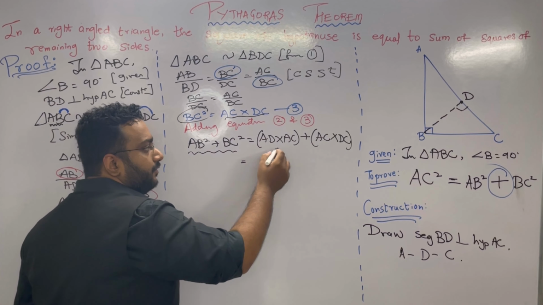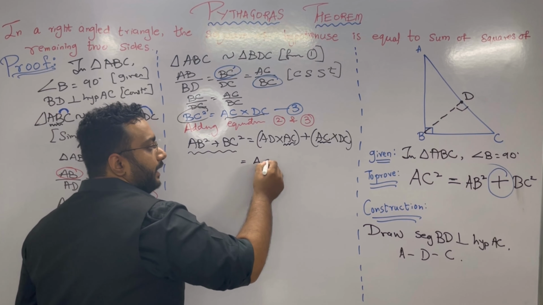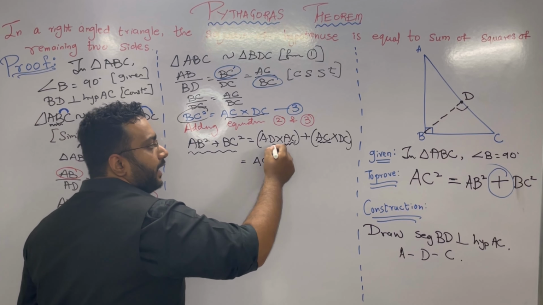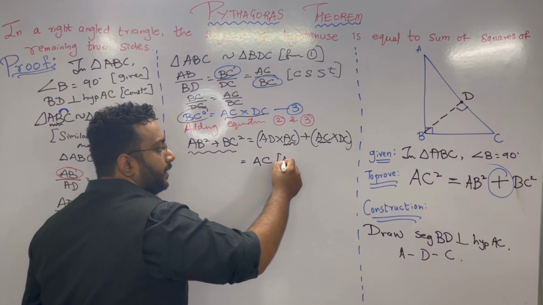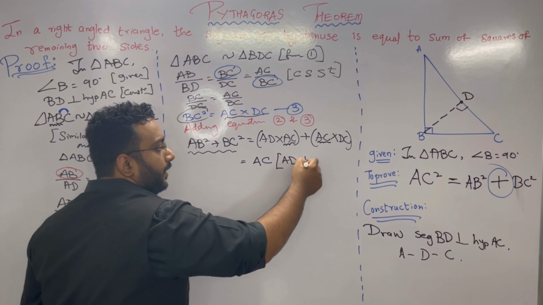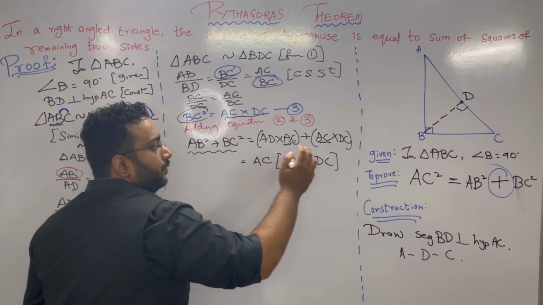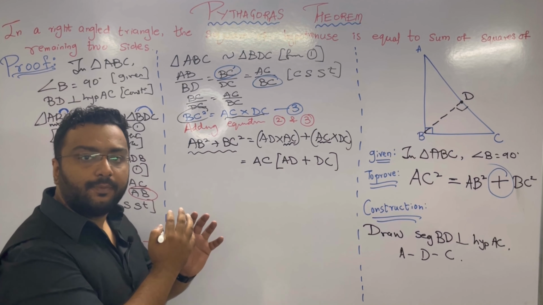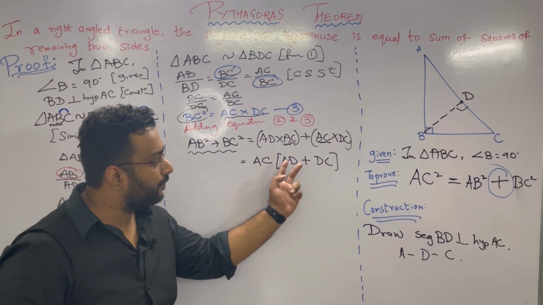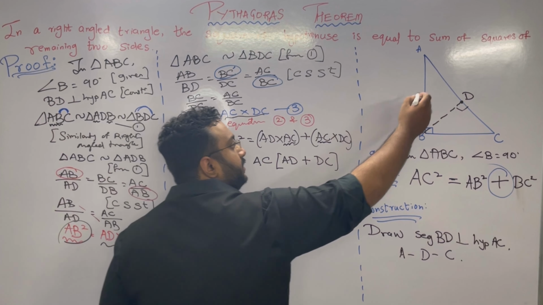See, firstly, if you observe in these two brackets we have AC. So I can take AC as common. So in the first bracket AC तो बाहर चला गया भाई, तो यहाँ पे बचेगा AD. बीच में प्लस साइन, यहाँ से भी AC बाहर चला गया तो बचेगा DC. So we got this step. I hope everyone is clear with this step. दोनों में से AC को कॉमन लिया and in the bracket we got AD from first and DC from second. Observe there AD and DC.